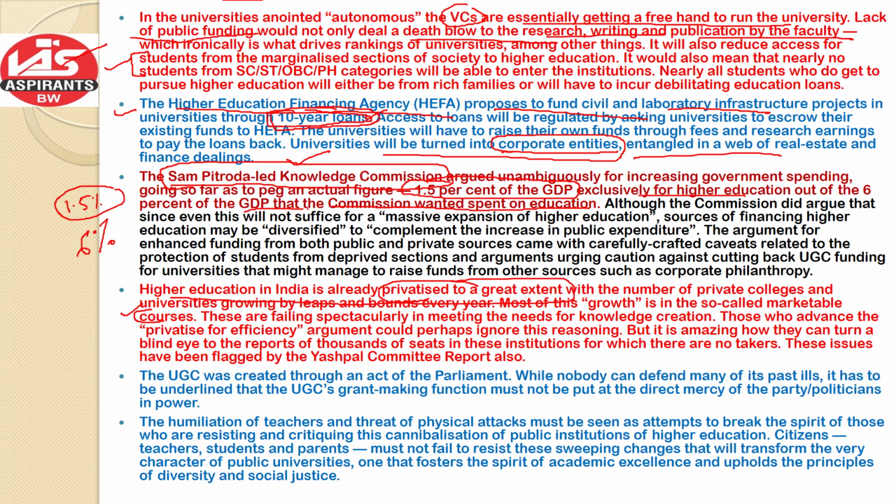क्वालिटी एजुकेशन नहीं रहेगी, क्योंकि जो यूनिवर्सिटीज हैं वो सिर्फ कॉर्पोरेट एंटिटीज की तरह ही काम करेंगी। वो सिर्फ अकाउंट्स में ही बिजी रह जाएंगी कि 10 ईयर का लोन लिया है, किसको वापस देना है, कब देना है, तो वो सब इन्हीं सब चीजों में रह जाएंगे। तो एजुकेशन भी कॉम्प्रोमाइज हो